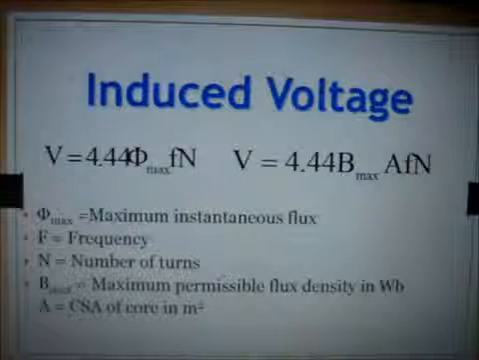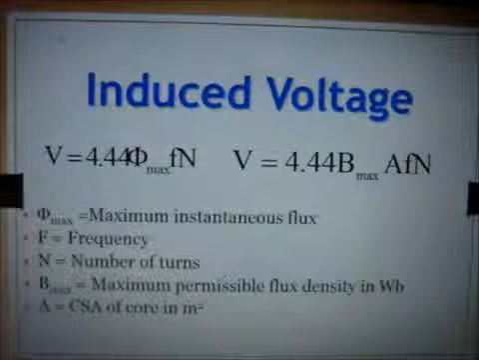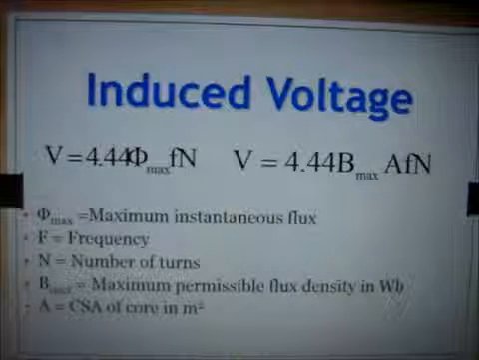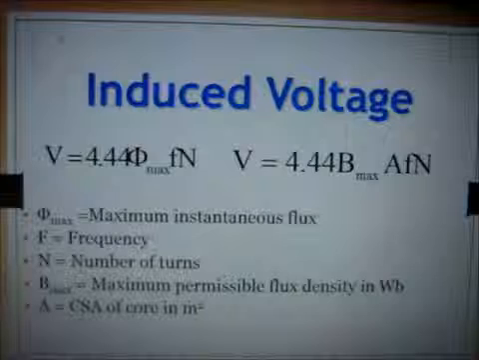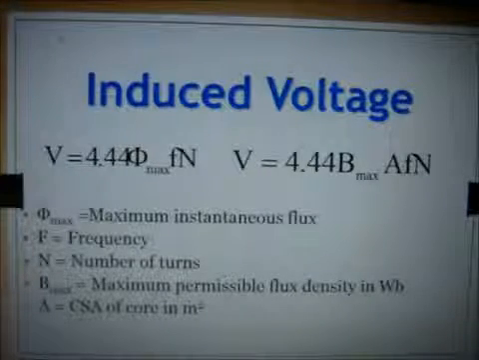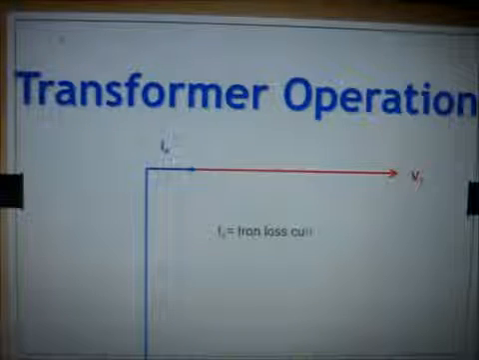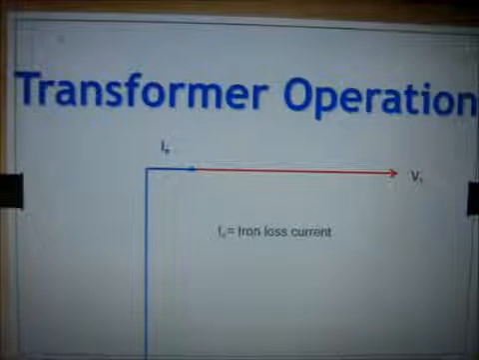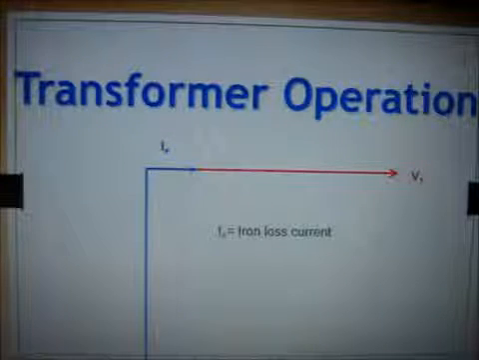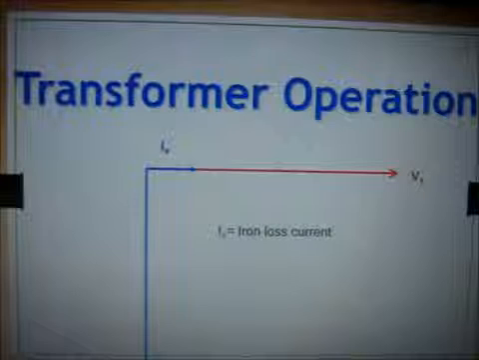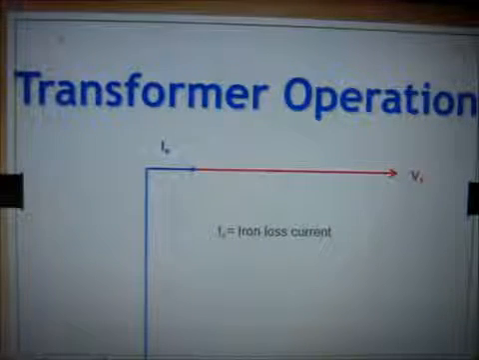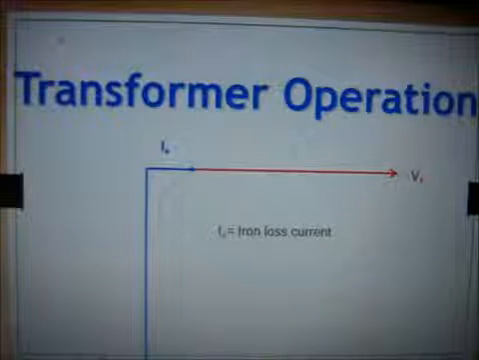Now if you want to replace phi, we can make it as B into A, where B is the maximum permissible flux density and A is the cross-sectional area of the core. Now this is a phasor diagram of a transformer operation. You will learn about these phasor diagrams and the equivalent circuit in higher studies. This is just to remember at this point of time,